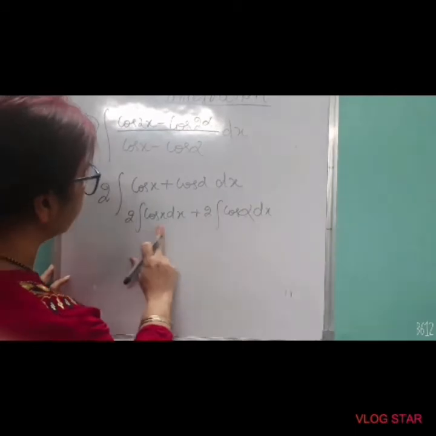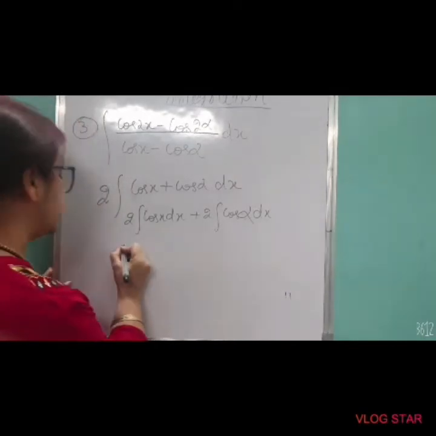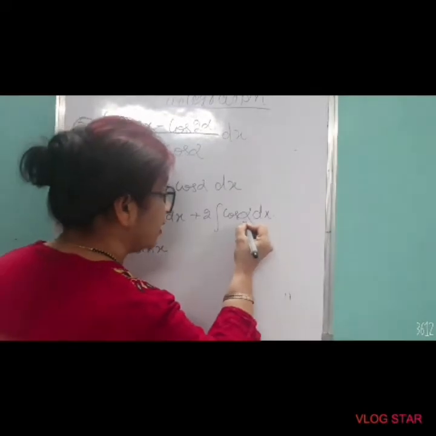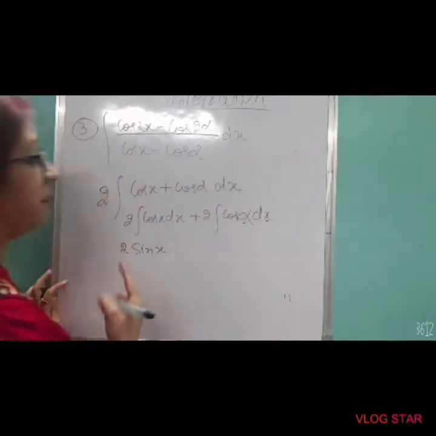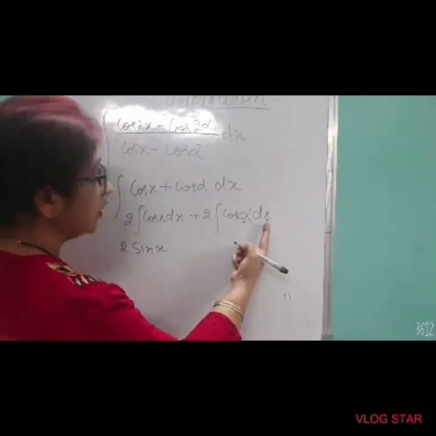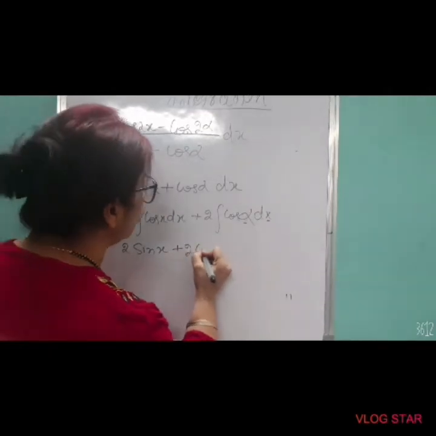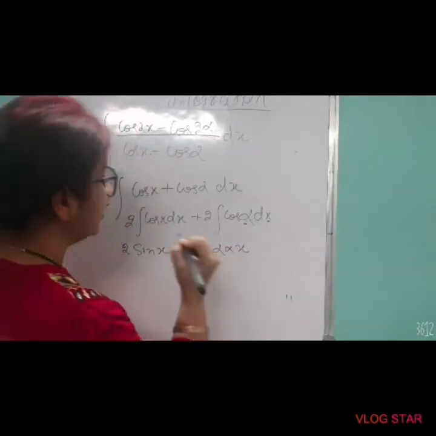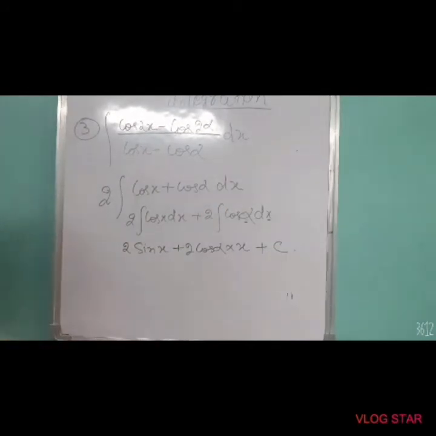Now it becomes twice of cos x into dx plus twice of cos alpha into dx. Naturally, cos x integration becomes sin x, that you know very well. But please check it. This is alpha and this is x. You cannot integrate the other one with respect to the other one. It's not a differentiation. Because I am integrating with respect to x, cos alpha becomes constant. So it becomes 2 cos alpha and dx integration is x. Because integration is completed, plus c will be added to it. This is the answer. Make a note.